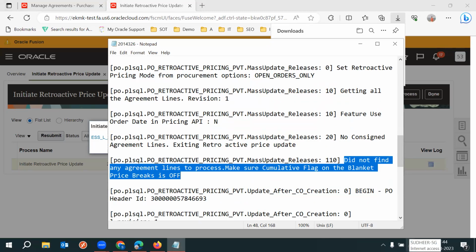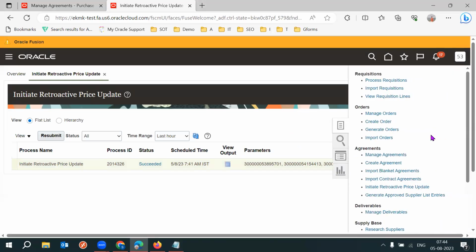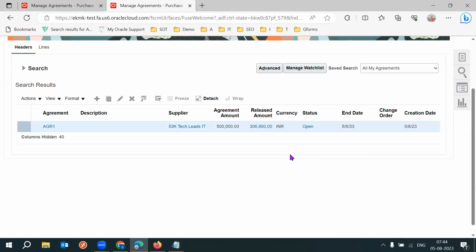In the log file, it's showing did not find any agreement lines to process. Make sure cumulative flag on the blanket purchase agreement is off. Okay. Understood what is the problem. It's not working for the cumulative POs, cumulative price breakups. Let's see whether your price break-up is cumulative or